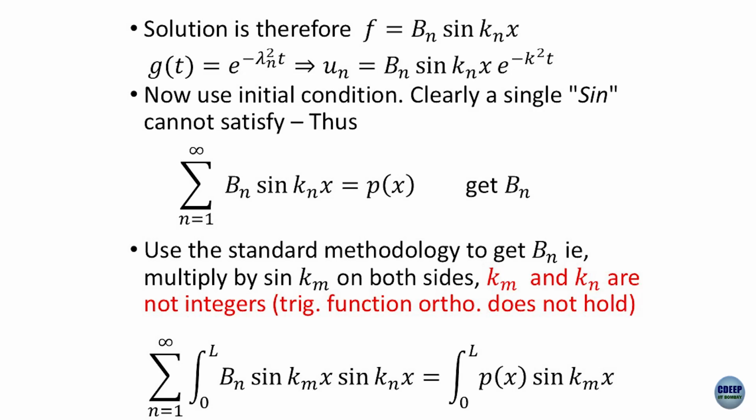So the sum of the solutions is going to be a solution, and the other conditions are anyway getting satisfied, but then the last condition, which is the so-called initial condition or the condition at t equal to 0 gives you some trouble, and that means that P(x) is going to be equal to the summation,